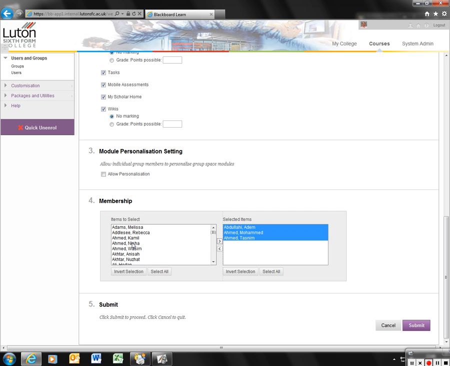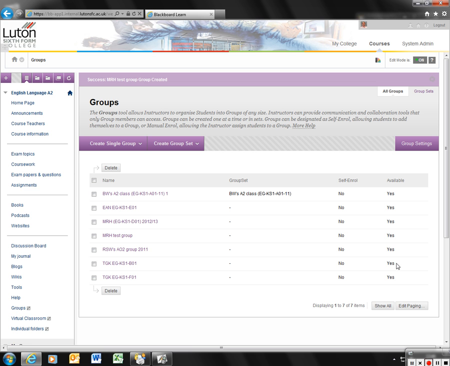Now there's one really important thing that you need to do, and people often forget, and that is that you must include yourself in the group. Otherwise you'll be sending things to the group or adaptively releasing things for the group, and you won't see them because you're not a member of the group. And that's one of the problems that people come across when they're adaptively releasing material. They release it to the group and then wonder why they can't see it. Well, that's usually why. And then when you've done that, all you need to do is click on Submit, and